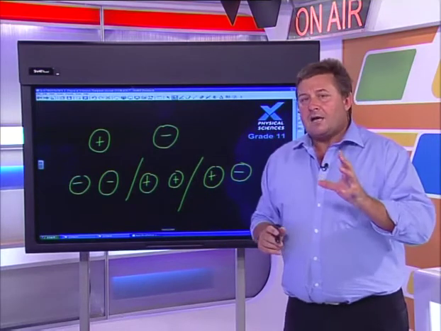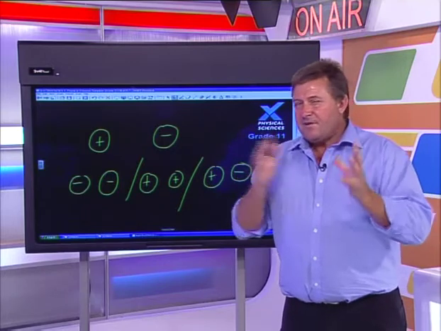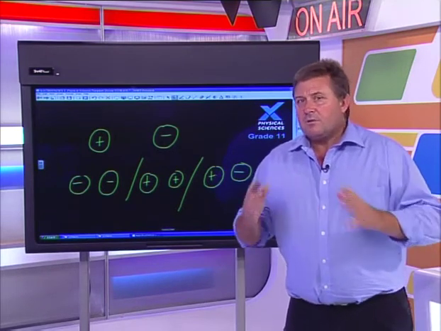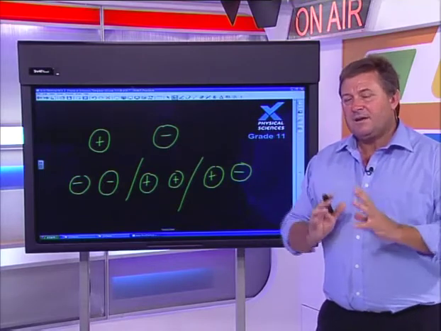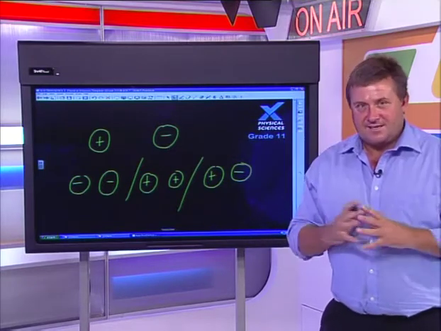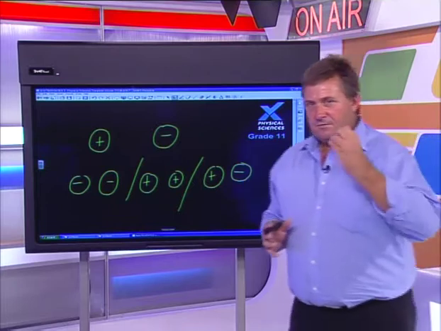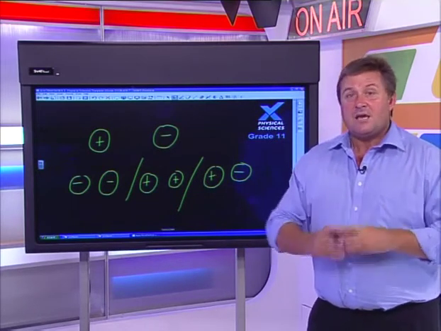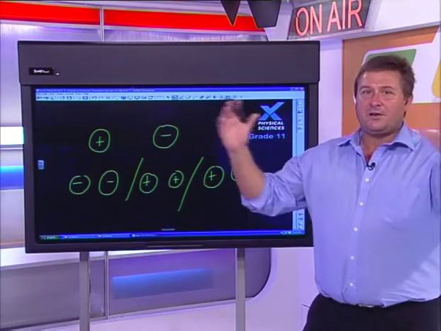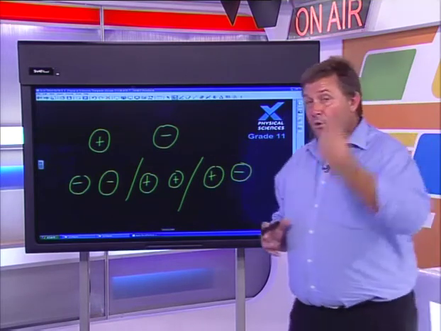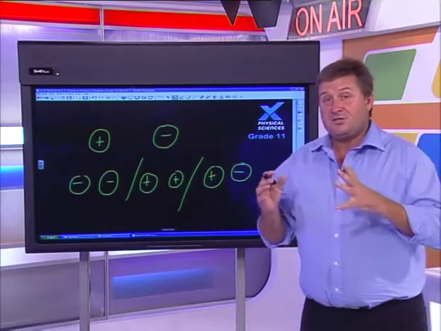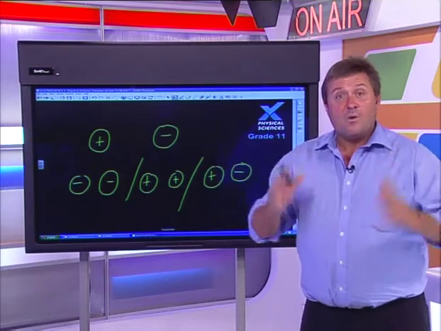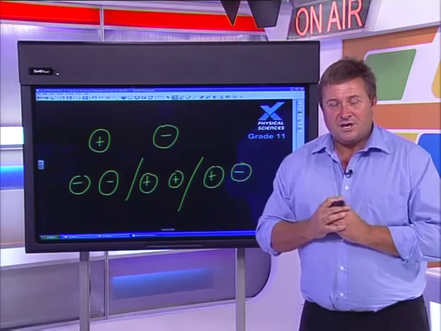Now, a lot of you guys will probably say, well, isn't it very similar to magnets, where magnets use north poles and south poles? Well, guys, yes, it is. It's very similar in terms of the effect that's going to happen. So if I say to you guys, if I have a north pole of a magnet and a north pole of a magnet, you guys are going to turn around and tell me, are they going to repel each other? And if I have a north pole and a south pole, then they're going to attract. And if I have a south pole and a south pole, well, they're going to repel each other as well.